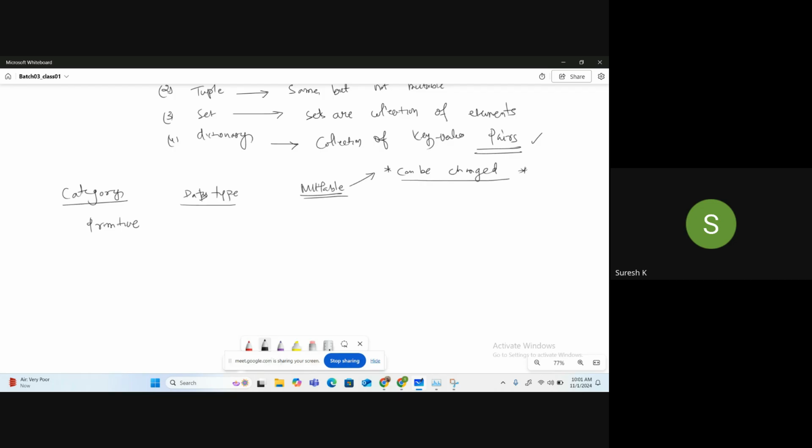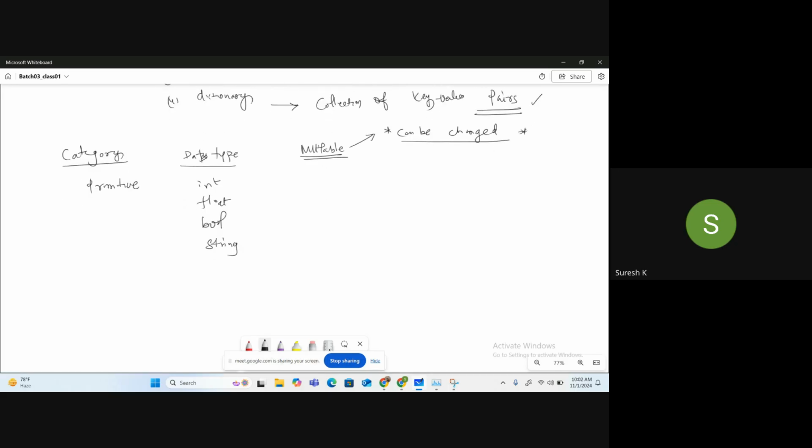Primitive data types are what? Int, float, Boolean, string, complex. Vivek, your answer is valid. Yes or no? Yes, sir.